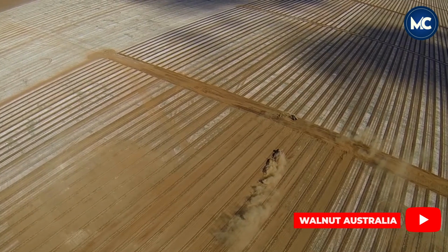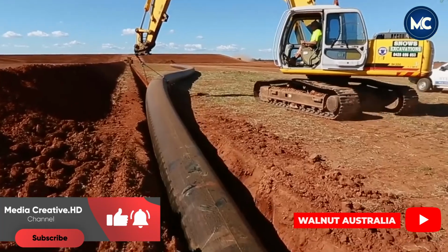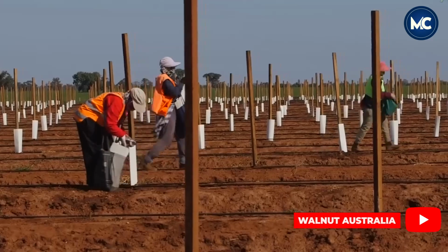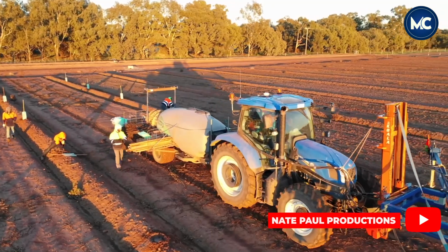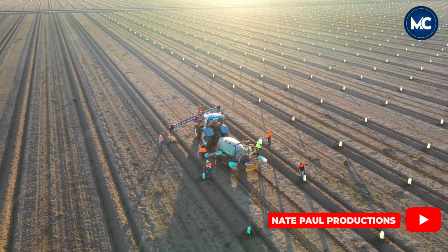In the walnut production process, it begins with planting seeds or young seedlings under the right conditions. Growing walnuts from seeds requires careful preparation and attention to detail. The best time to plant walnut seeds is in late winter or early spring, just after the stratification period is completed. This timing allows the seeds to begin growing as the weather warms up and the soil is moist but